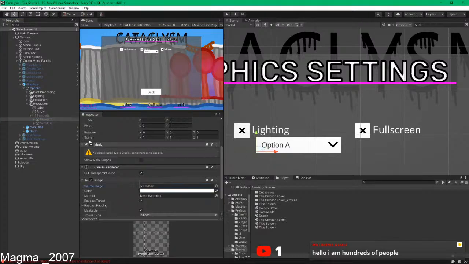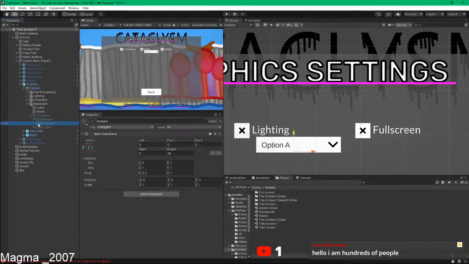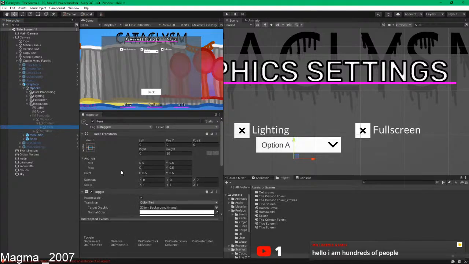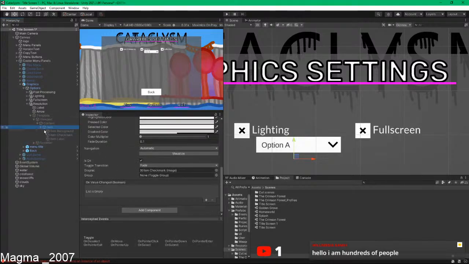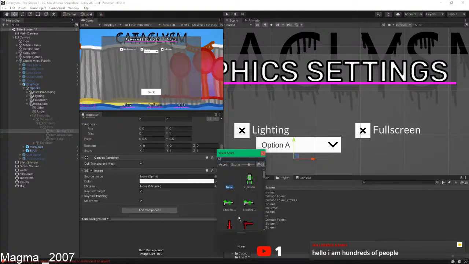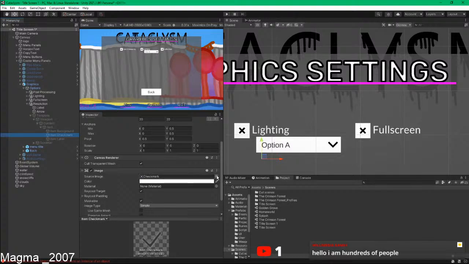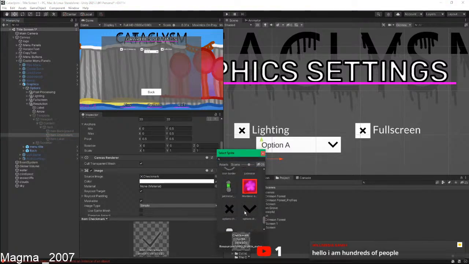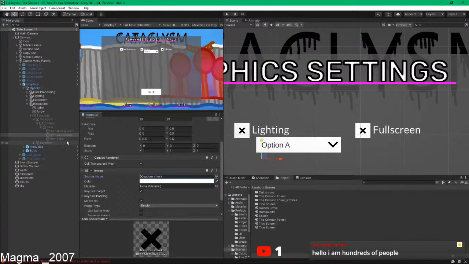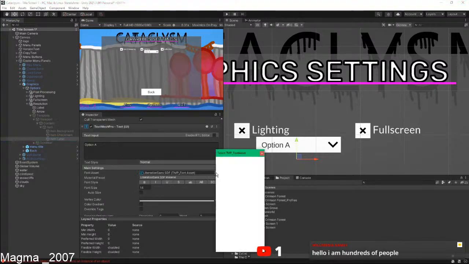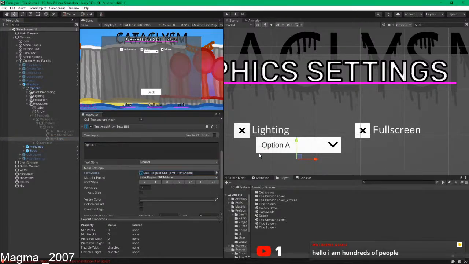Actually no, that's meant to be a UI mask. Change the item background. We change that. Okay, no, that's none. That's good. We change this to this, and we change this to our cool font,